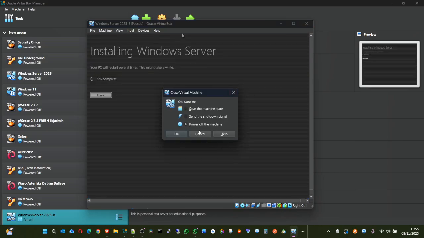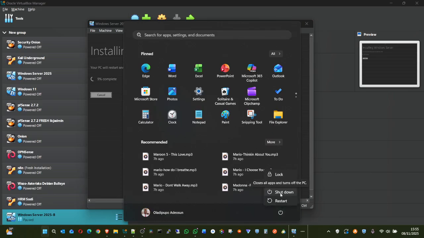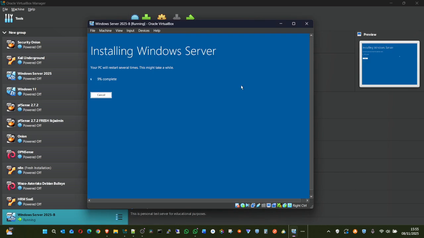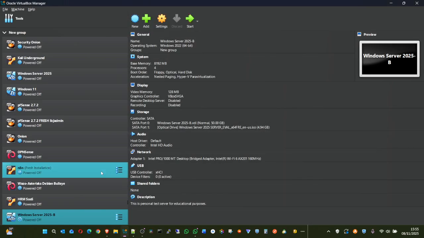Power off the machine. Please, if you have to shut down, do not just always click shut down. You have to click start, shut down, power shut down. Normally, the way you shut down your Windows. You don't, because you want to shut off your vehicle, run your vehicle to go and hit an electric pole because you want to stop the engine. No. Doing it the other way is like running a car to hit an electric pole. You power off. You don't remove the power socket from a server. No. You shut down appropriately. But for this case, sorry, I'm going to power off because it is of no use.